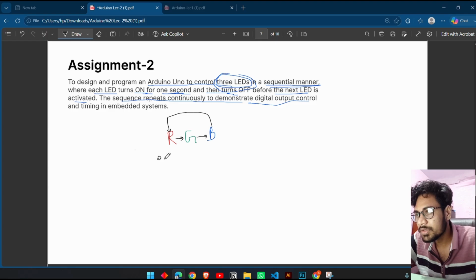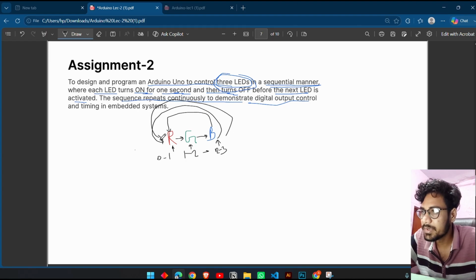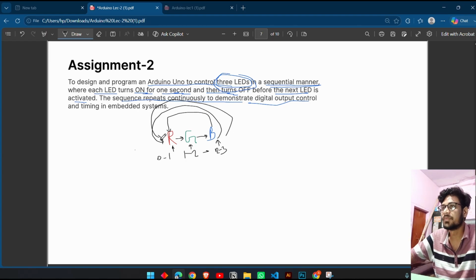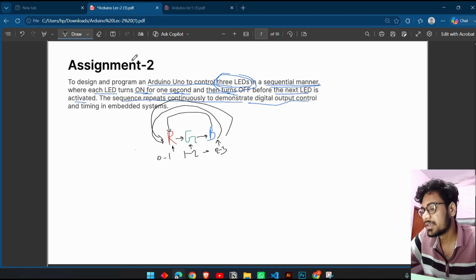Suppose from 0 to 1 second the red LED turns on. After that the red LED is off. Then from 1 to 2 the green LED is on. After that from 2 to 3 the blue LED turns on, and the other two are off. And this loop repeats again and again continuously. Okay, so we have built this. Let's